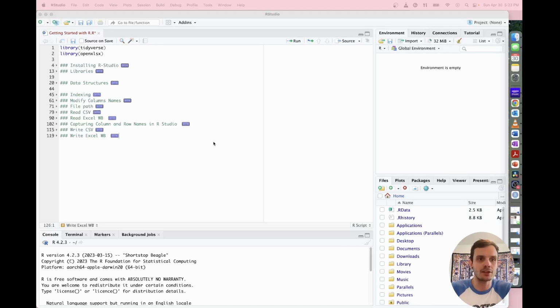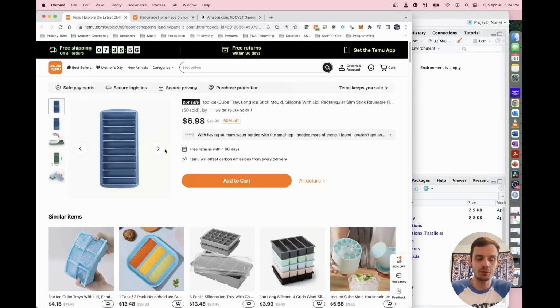All right. So in the last lectures, we talked about installing RStudio as well as libraries, and those were just important for us to get set up so that now we can start learning how to manipulate and transform data. I think a really good place to start is data structures, and data structures can be a little bit abstract, so I just want to bring forth a couple of analogies before we get into the details. There are many types of data structures, but the three we're going to talk about today are